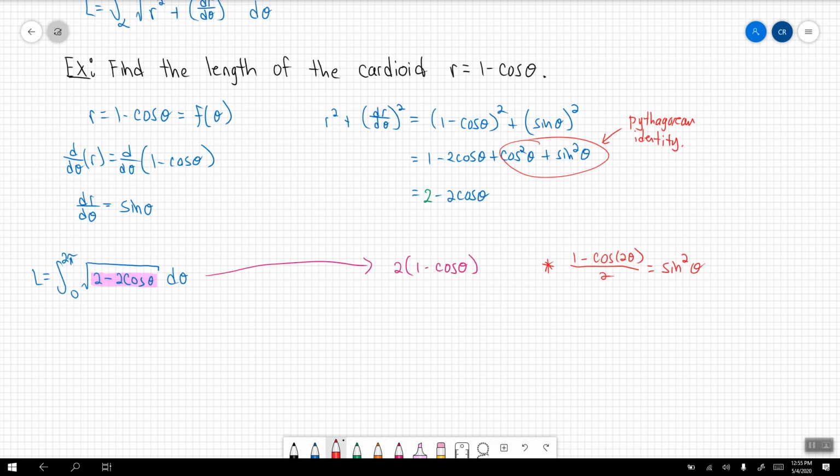Now, I'm going to use this to my advantage because this kind of looks like that, just in a slight change, in a slight version of it. Alright, so what I'm going to do here is multiply by 2 on this side, so it's going to be 1 minus cosine of 2 theta, and this is going to be equal to 2 times sine